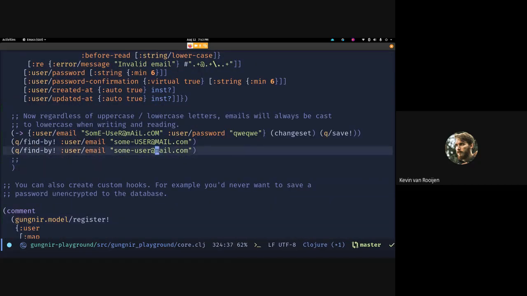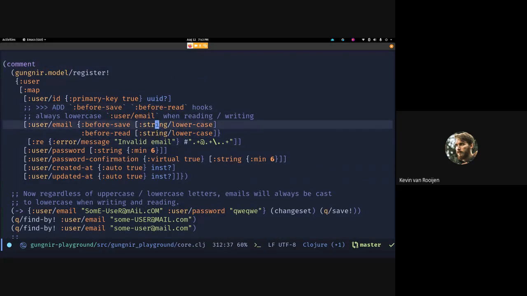This is a hook that is defined within Gungnir, so you don't have to define it yourself, but you can also define your own hooks if you want. Basically what this does is before you save a change set, it would lowercase the user email if it exists. And before you read from the database using a HoneySQL query, it will actually lowercase the email that you're matching